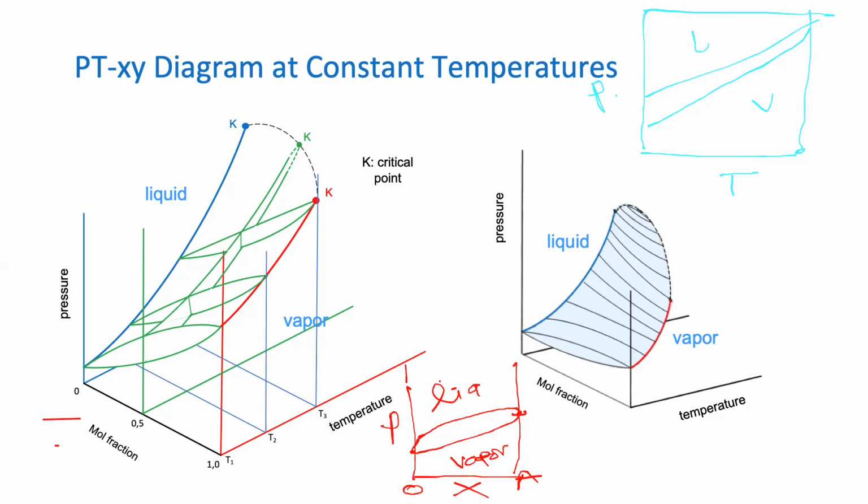Is it easier to change the pressure, or is it easier to change the temperature? The temperature, I think. Yeah, the temperature is much better because you just install a boiler very close to the column, and then you can just boil up this mixture, and then it becomes a vapor